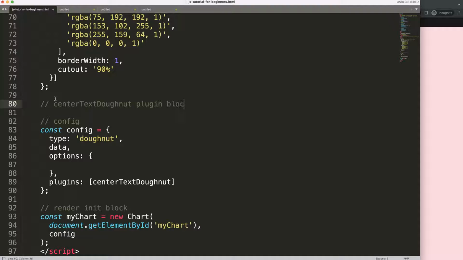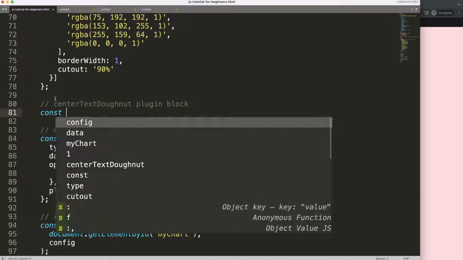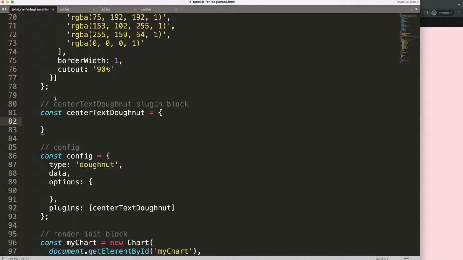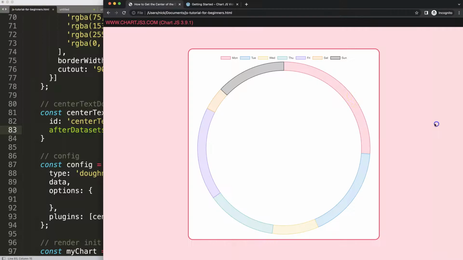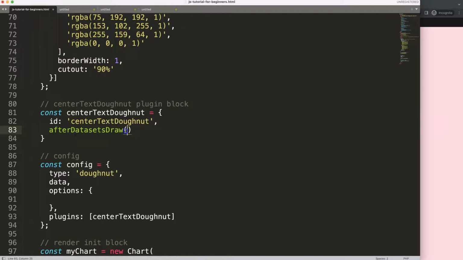This plugin block, and then I'm going to say here constant, the center text donut equals, and then I'm going to say an ID. I'm going to put that in there, comma, and then I'm going to say here after datasets draw. So we're going to draw this text after we've drawn all the data sets, or sorry, all the data points or slices of the donuts. Then we're going to put in three parameters, the chart, the arcs, and the plugin